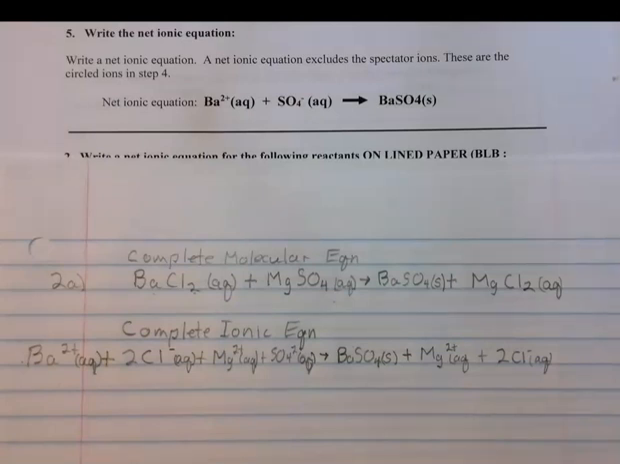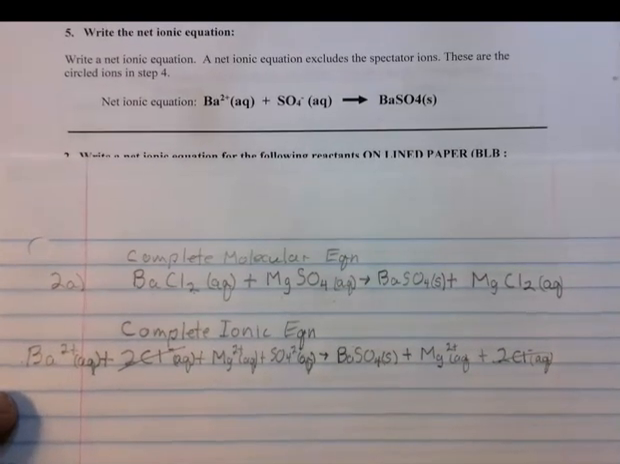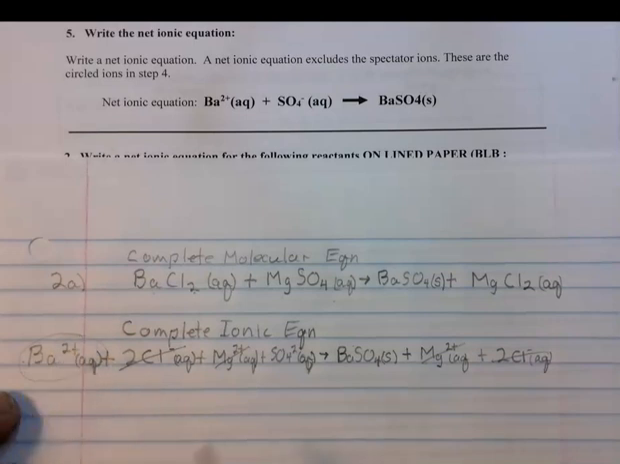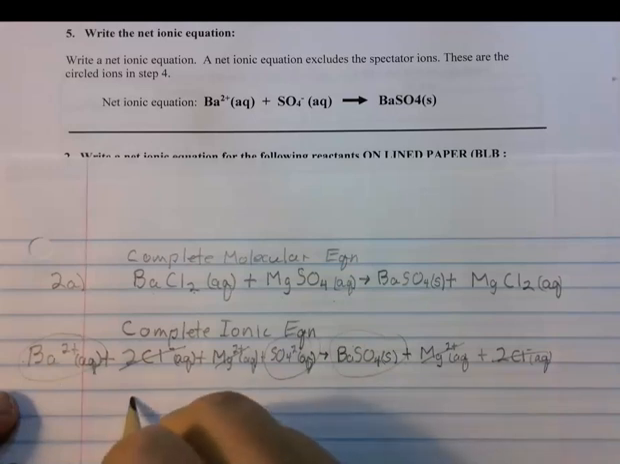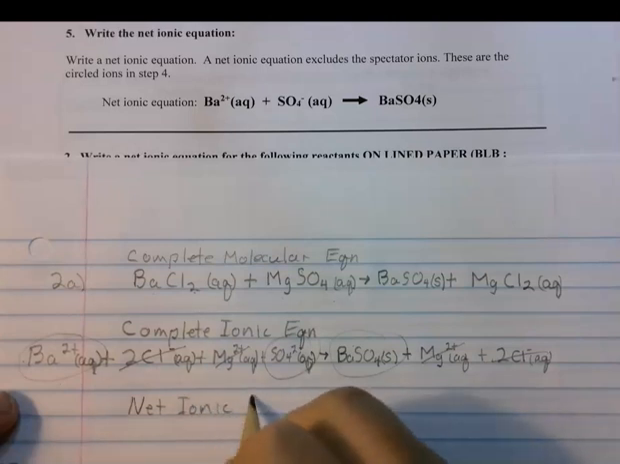Now what we do very simply is we go through and we just lightly cross out the spectator ions, okay? So you have 2 Cl on this side and 2 Cl on this side. They didn't recombine, the Cl didn't recombine, so it's just floating around watching the rest of the reaction take place. We have magnesium here, we have magnesium here. It didn't recombine with anything, so it is just floating around watching the reaction. It's a spectator. So what we have left is the barium and the sulfate, which do join together to form the barium sulfate. So our final answer, our net ionic equation,